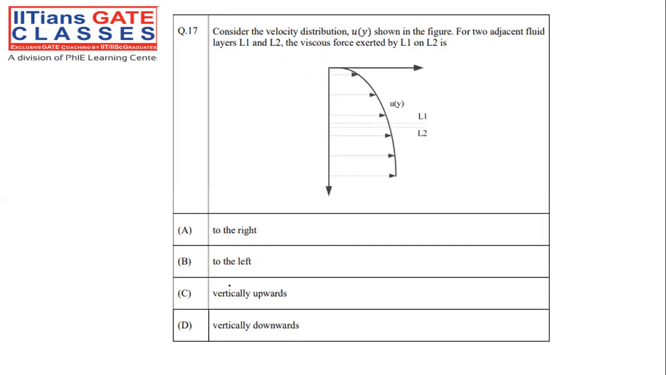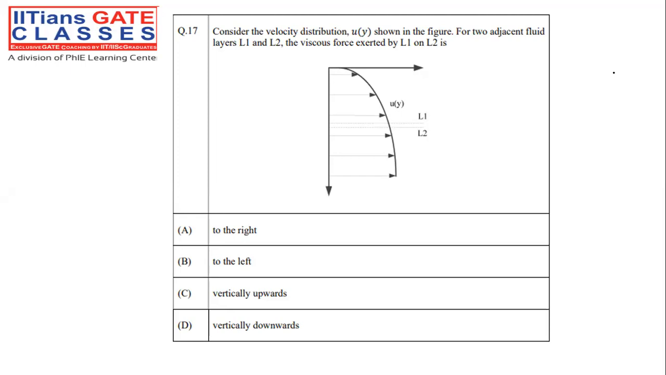Now, moving on to the next section, next question, that is the 17th question. Now here, consider the velocity distribution u of y as shown in the figure for the two adjacent fluid layers L1, L2. What they are asking is the viscous forces that are exerted by the liquid layer L1 onto the liquid layer